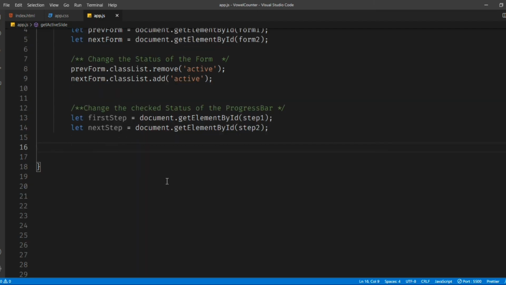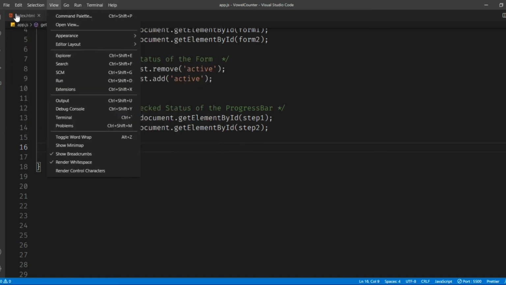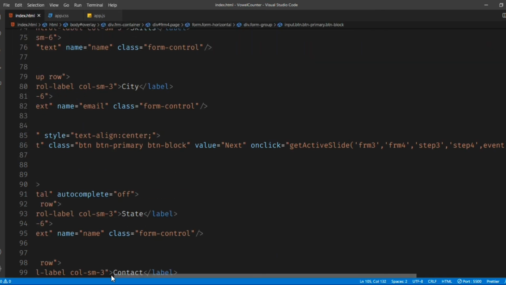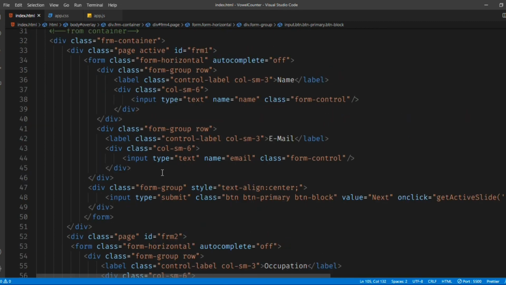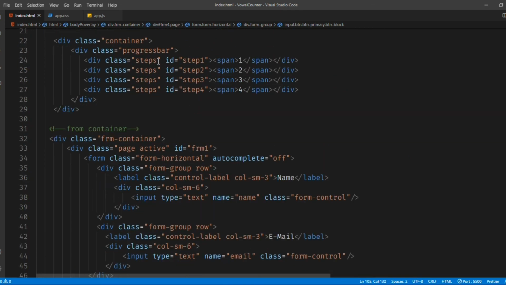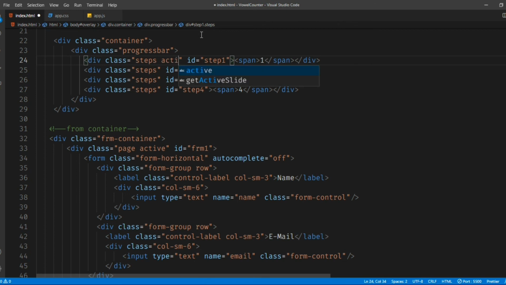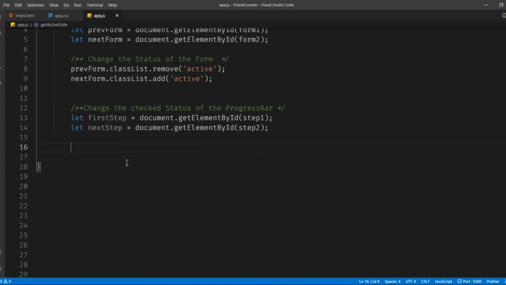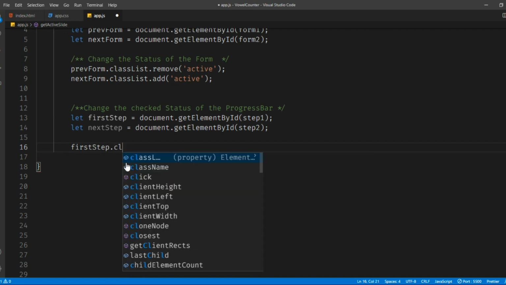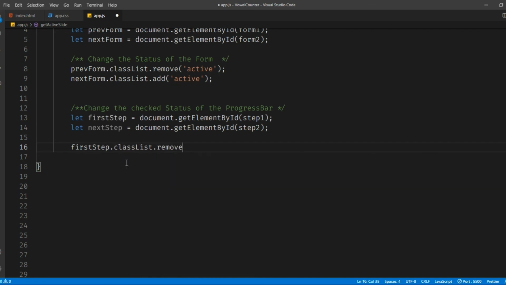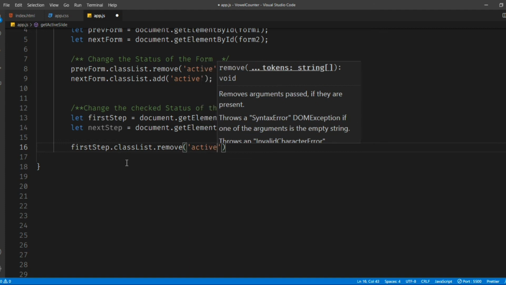Alright, now as you can see, let me show you the front end code. You can just see steps is here, but I have to add an active class. So with the help of this, what I can do is firstStep.classList.remove active, right?